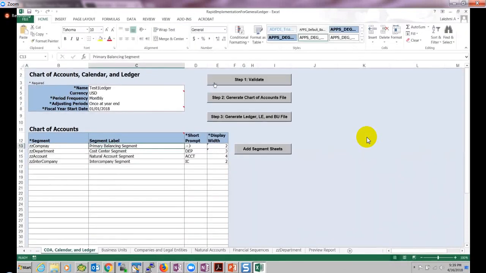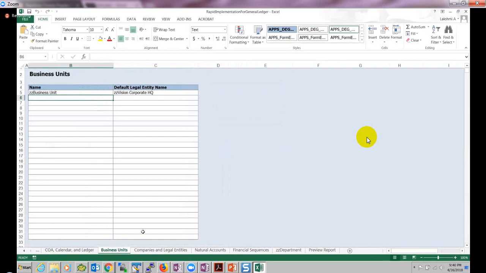I have a sample file. In this sample file, I have created 4 segments within this chart of accounts with that currency, a period frequency of monthly, an adjustment period of once at year end, and fiscal start of 1 2018. It's all dummy data. And I created a chart of accounts, and then I created a business unit,